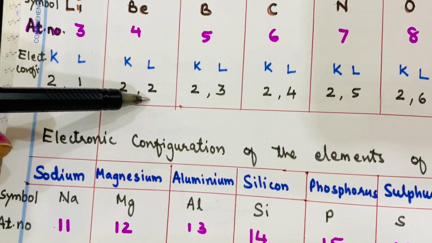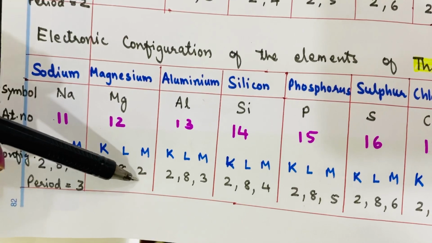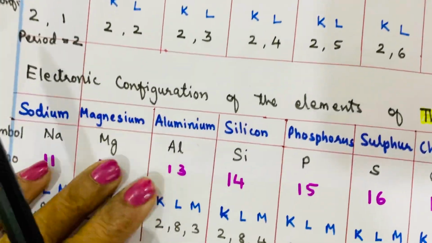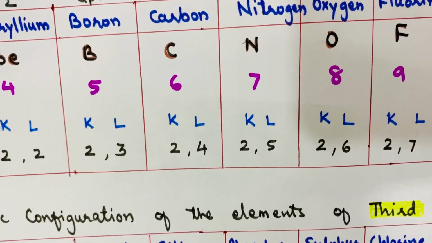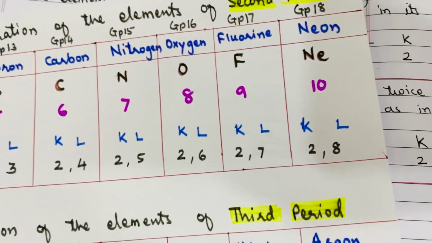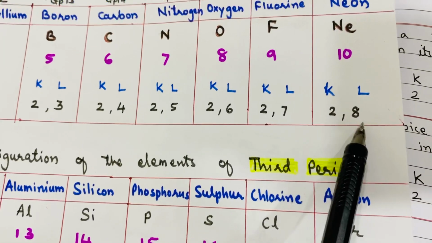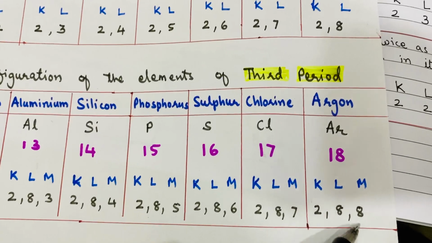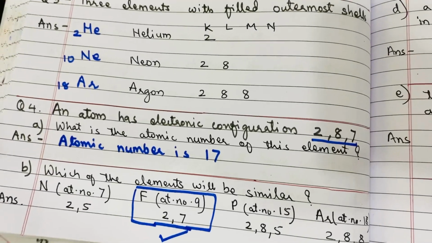Electrons in the valence shell are 2. Similarly, magnesium having atomic number 12 has 2 valence electrons. So the answer is beryllium and magnesium. The next question is: name 3 elements with completely filled outer shells. Can you guess which elements those will be? Those will be the elements of group 18, which have a completely filled outer shell: neon, argon. So you should know the position of elements from their atomic number.